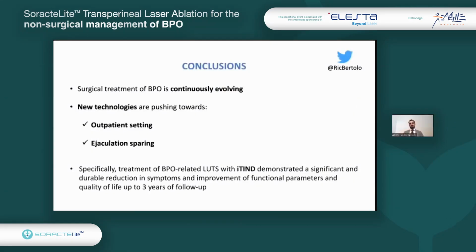The conclusion is that obviously the temporary implantable Nitinol device is another option, witnessing the evolution of the micro-invasive treatment for benign prostatic obstruction. This is another technology pushing the limits of the treatment towards the outpatient setting and ejaculation sparing. The data are up to the 3-year follow-up, so they are encouraging, but there is not enough data to be